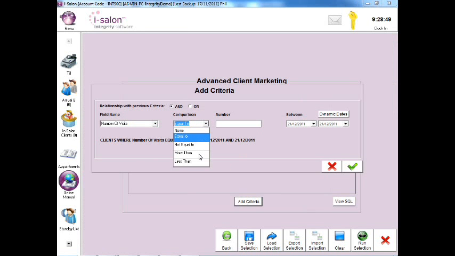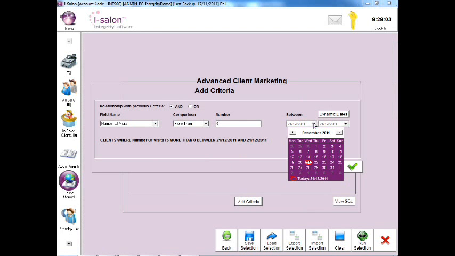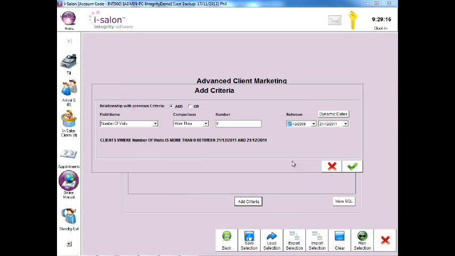In the Number box, type in 0. And then using the first calendar, select the drop-down arrow and go back 2 years from today's date. Once you've done that, select the green tick to save,